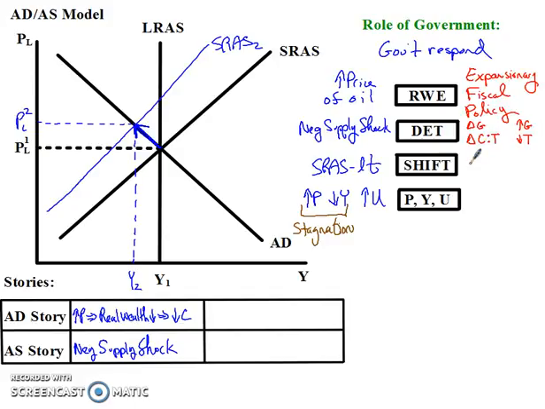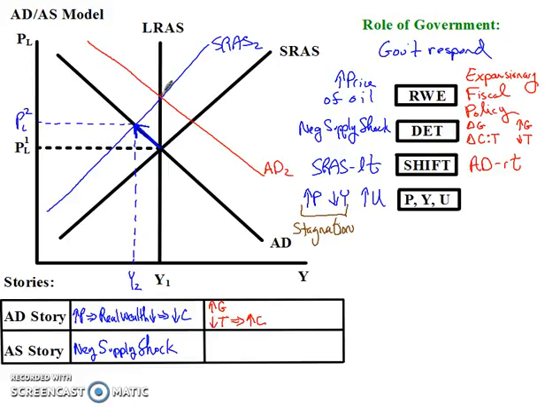Both of those things will cause the aggregate demand curve to shift to the right. So my aggregate demand story would look like this: there's an increase in government spending and a decrease in taxes, which will cause an increase in consumption. All that means the aggregate demand curve is going to shift to the right. And this is helpful with regards to the gross domestic product because GDP is now going to increase as aggregate demand shifts to the right.